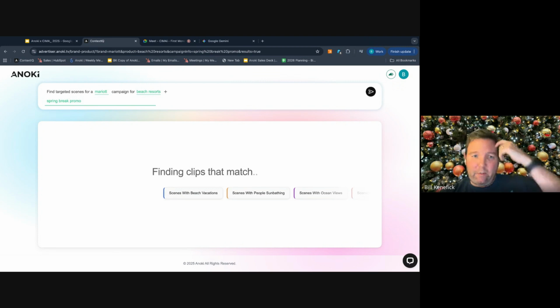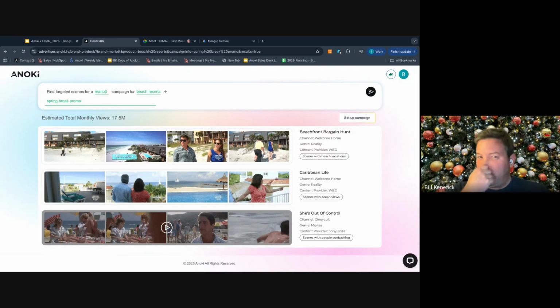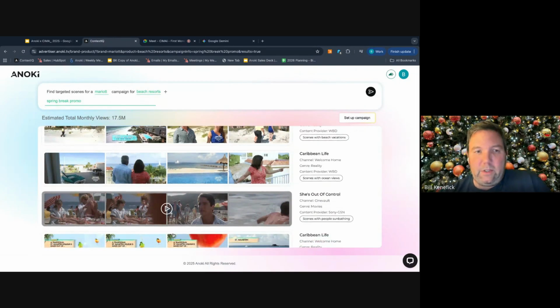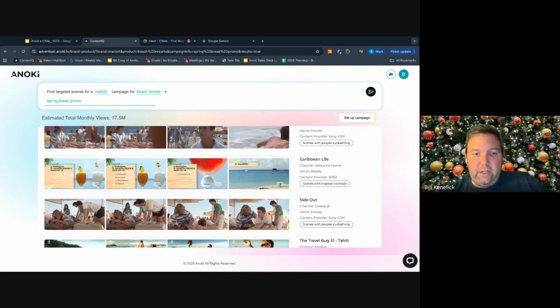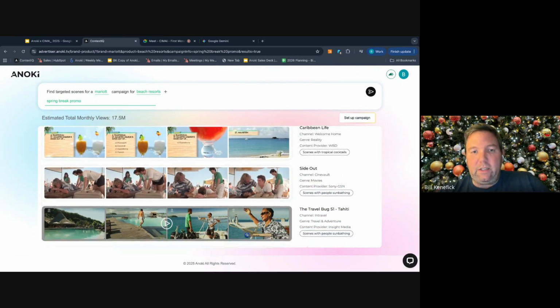So I'm kind of in the beach theme here. I'm going to switch it up in just a second, but we take a little bit of a step further, and we're prompting ourselves. We're also using our system to suggest prompts. And so here we are with the curated examples of scenes that could make sense.